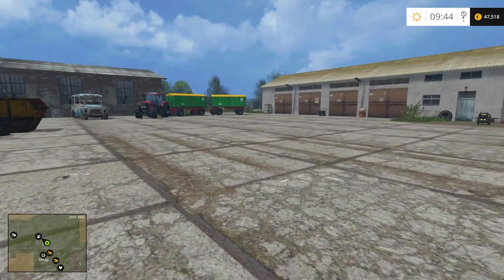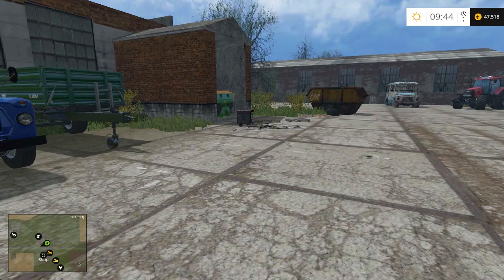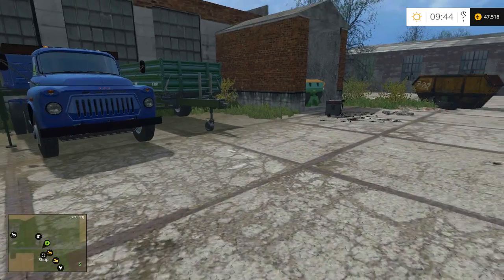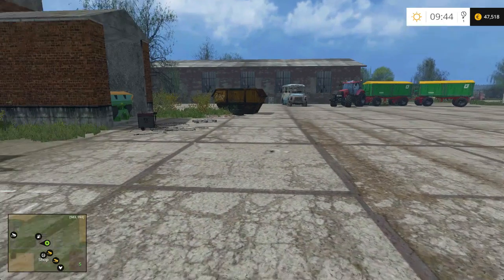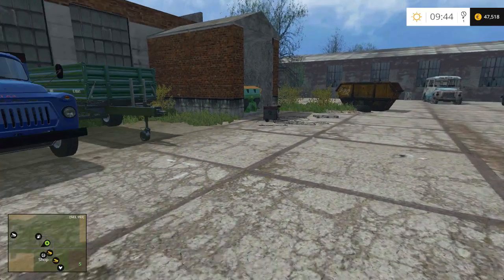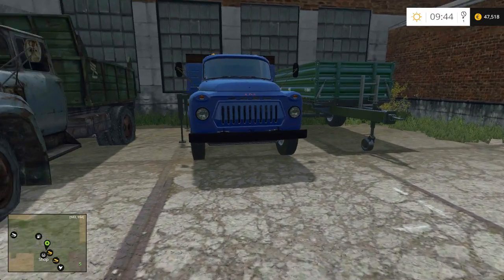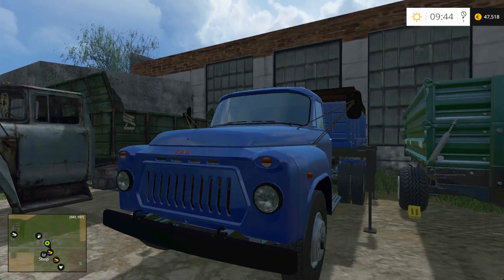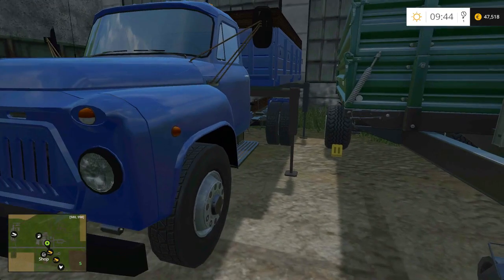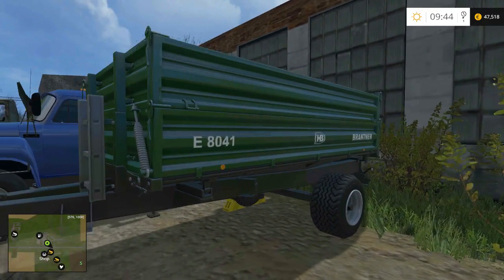I would say I'll just start off by showing you all the vehicles we start out with now, because basically what I did was I sold all the equipment we started with and then replaced it with equipment that I want to use in this series. First of all, here we have a little Gas 53, as you see, with a little swap body on the back. Here we have a Brandner